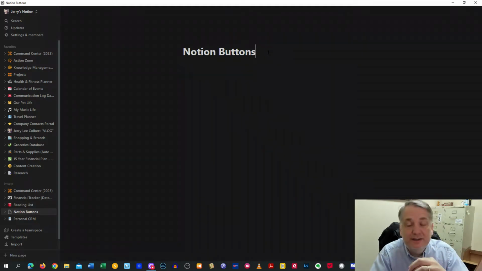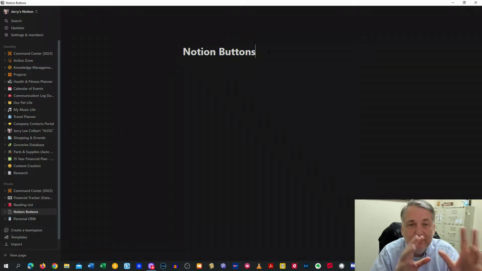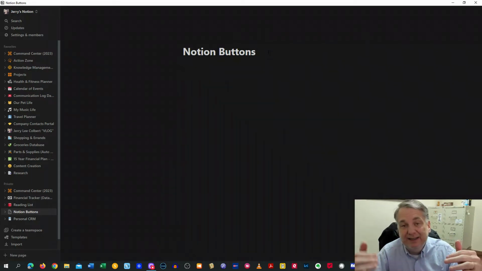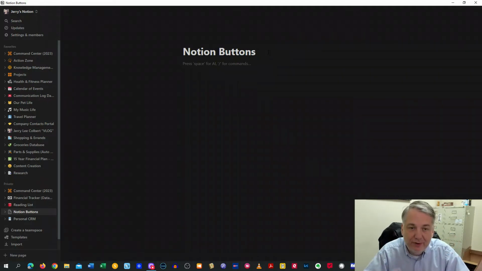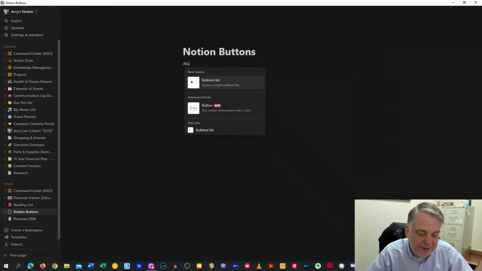Or maybe you want to add things to a database that you do on a regular basis. There could be several different things, and inside of Notion buttons, you can accomplish these things. You can also edit existing databases as well with new features. So check this out. If I hit enter here and I have the command, and I hit the slash for the command, and I type in button,